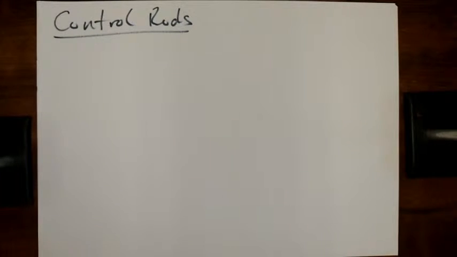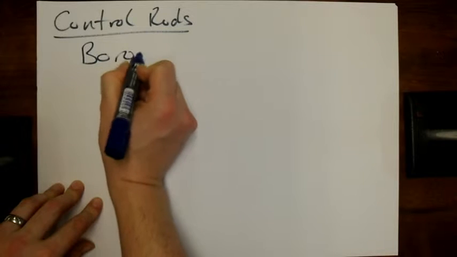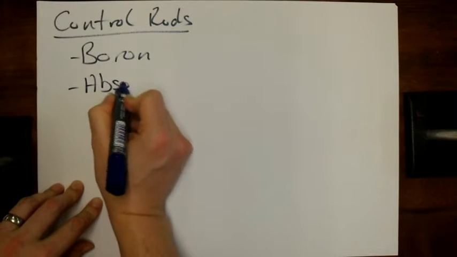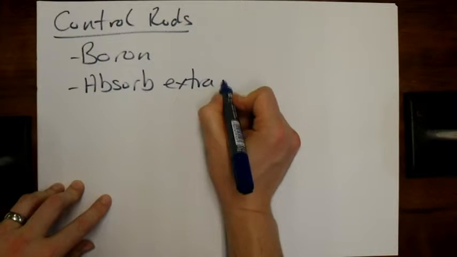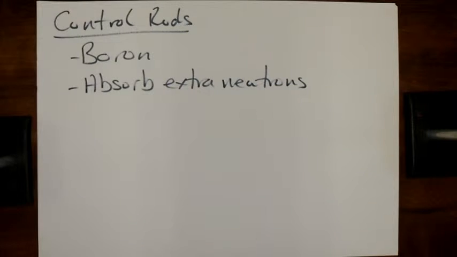These are normally made of something like boron, and they absorb the extra neutrons. By absorbing them, these neutrons then can't go on to split nuclei, and it slows or controls the reaction that's